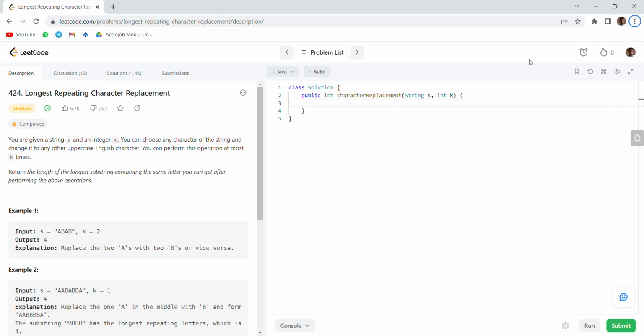Hello everyone, today I will be solving the question Longest Repeating Character Replacement. In this question, we are given a string s and an integer k. So k is 2 and the string is this. We have to find the maximum subarray of this string such that after replacing the characters